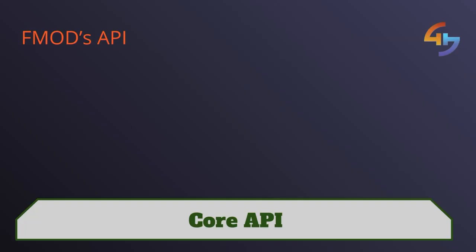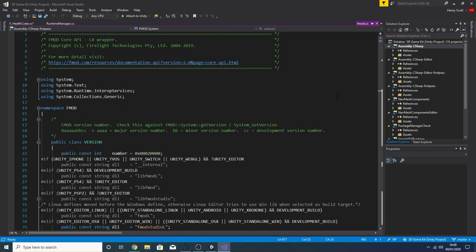Now, the first is called the Core API, which before FMOD 2.0 was referred to as the low-level API. The Core API refers to all of the code written inside the script called FMOD that we looked at briefly during the namespaces lesson in Module 3. Because it is written using only the C# coding language, such as the basic data types, if and switch statements, and more, it is what forms the bedrock of both how FMOD works and how it can implement audio into other engines. To put it briefly, it handles all of the essentials of getting FMOD to play audio for us,